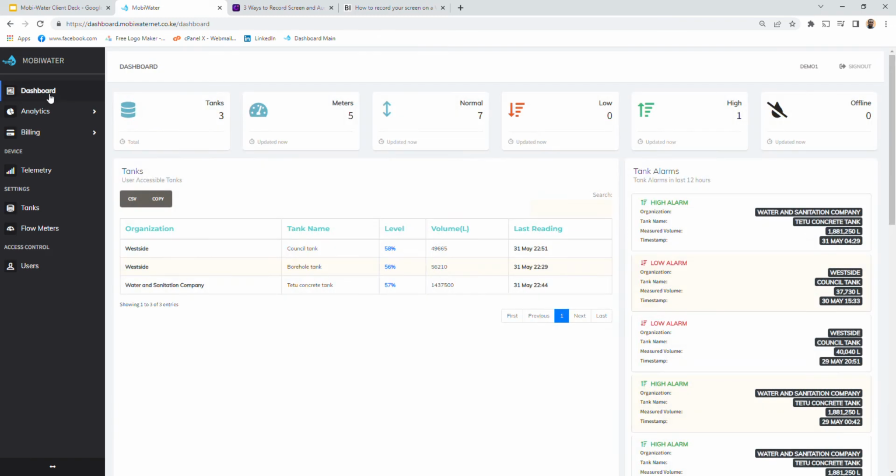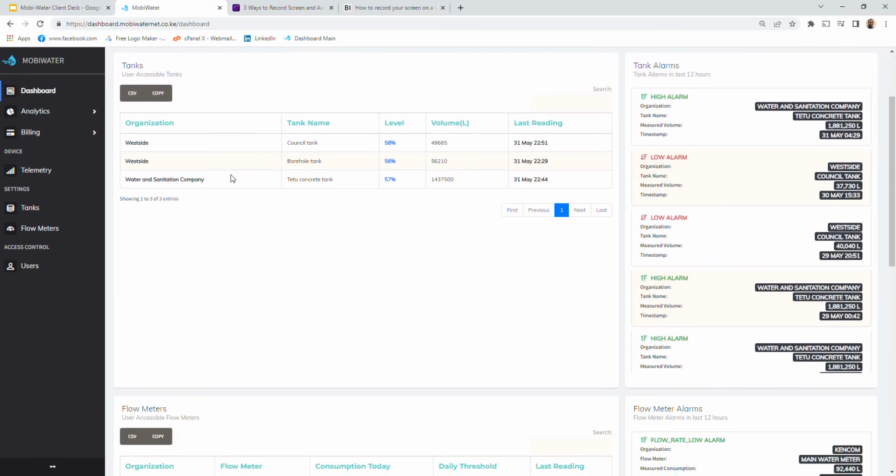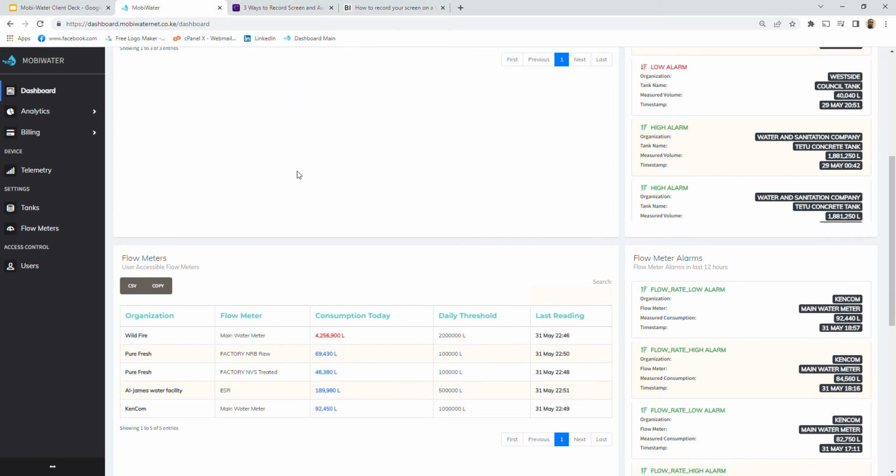Just to go back to your landing page, on the lower end you have your smart meters. This updates in real time. You can see we have multiple meters on this platform. You can see one of them is red. This is because it's exceeded the high threshold. So an alarm has already been sent out alerting them that they've exceeded the daily threshold that they'd set. Just to click on it,